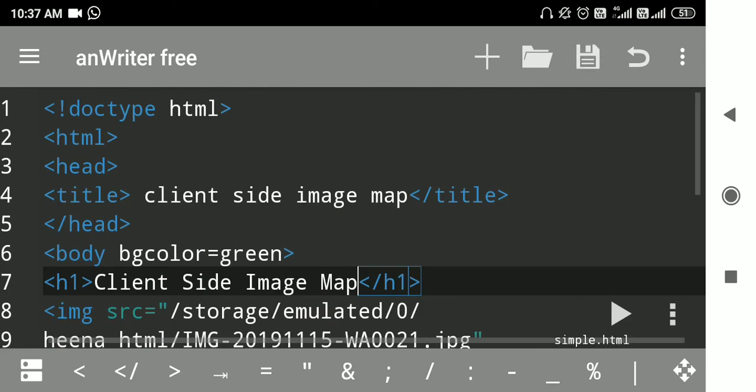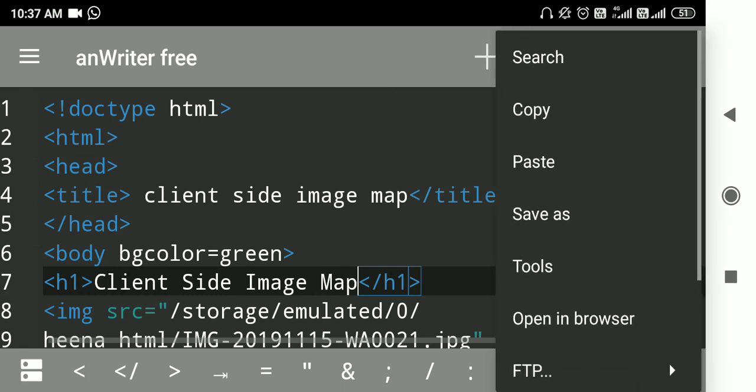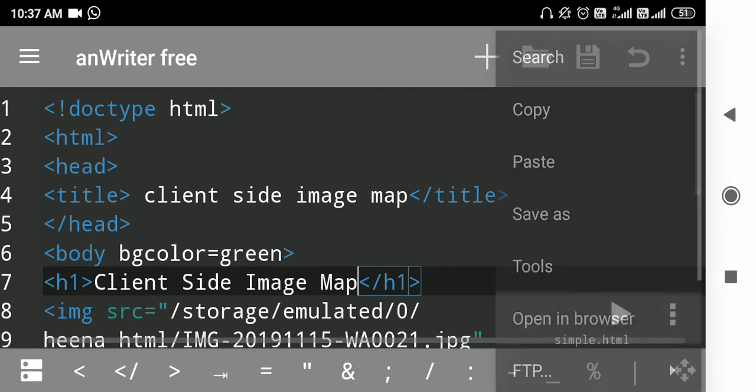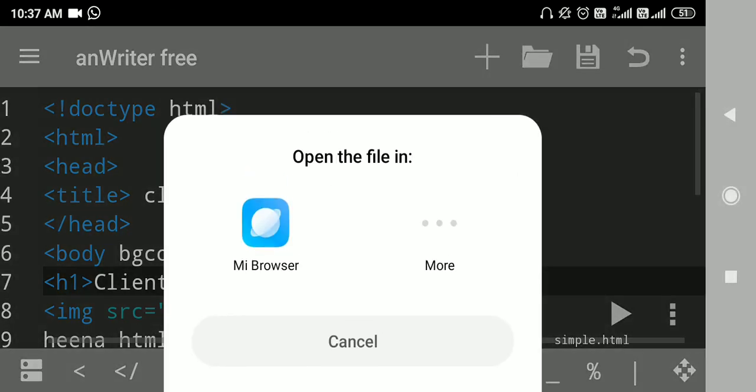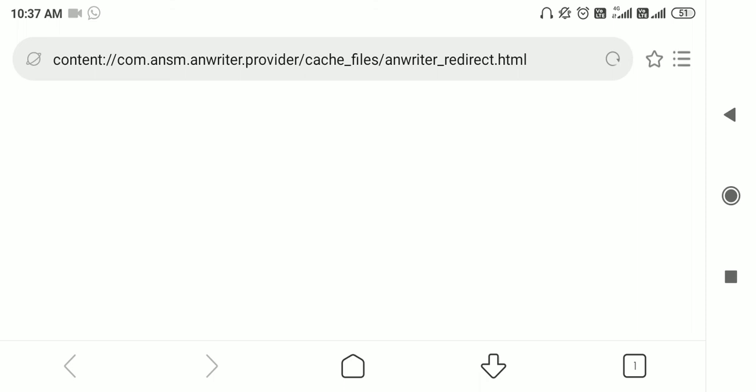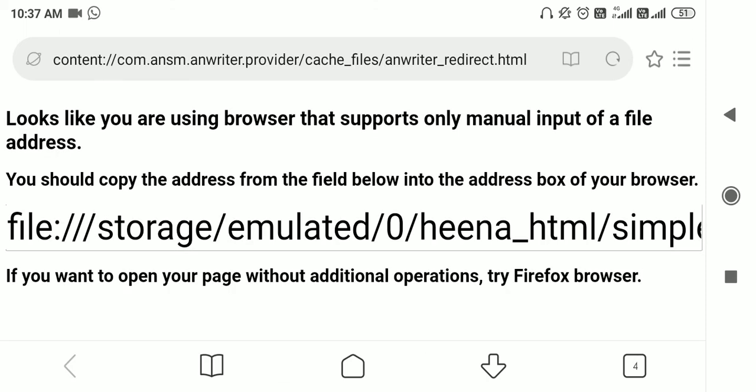To execute this code, we are going to open it on a web browser. Select the option and click on open in browser. Here you can see some path, file colon slash slash slash.